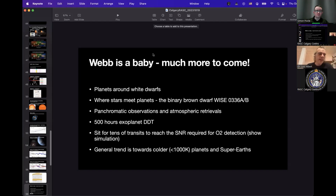It was a very exciting time for us at that moment, because we had instrument problems. So Canada's involvement in Webb started with the fine guidance sensor. The Canadian Space Agency was contacted to be part of the project, and they said, okay, we can do the guider of the telescope. Essentially, the fine guidance sensor is the guider. And